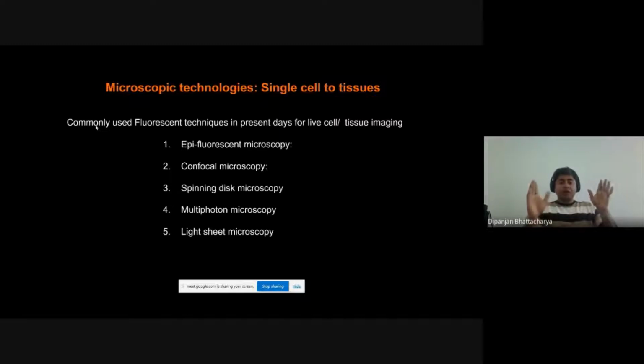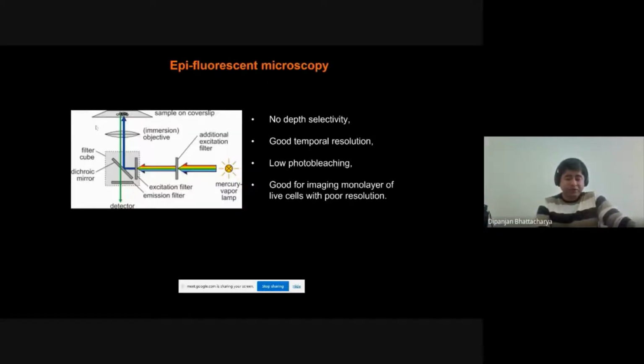So now I'm covering microscopy techniques from single cell to tissue. There are different techniques, like epifluorescence, confocal, spinning disk, multiphoton, light sheet microscope, all these. So in epifluorescence, you send a beam, and there is a particular kind of mirror called a dichroic mirror, which reflects the beam,